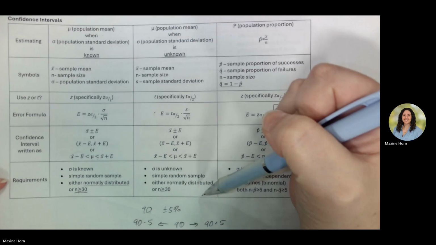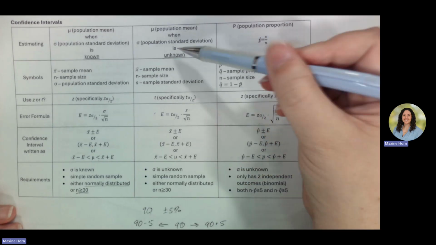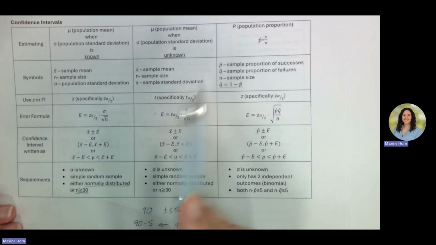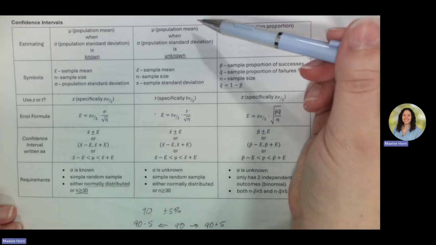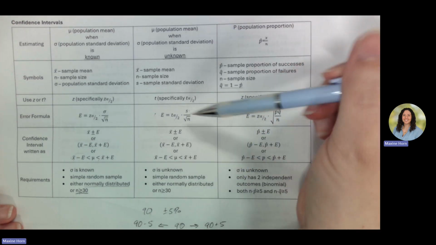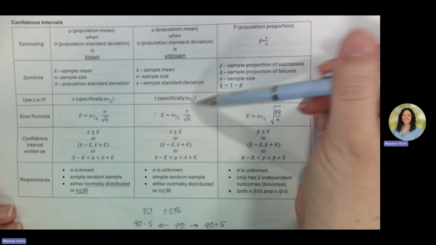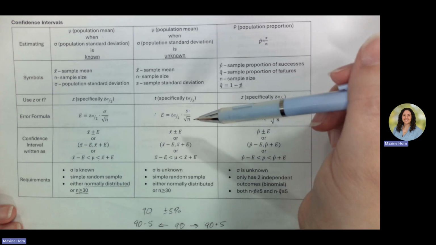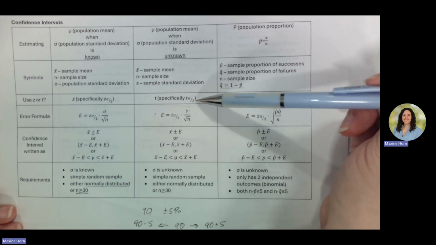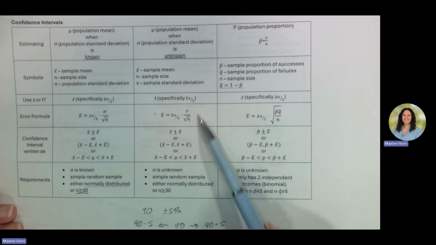Okay, so we're dealing with this scenario. This is the first one of these that we've done, because we don't know our population standard deviation. That means we're going to have to find a t alpha halves, a t-score. Just like before, we're going to do this fully by hand. I'm going to show you how to find your t alpha halves on the calculator. To be honest, I think sometimes it's easier to find it by hand, but I'll also show you how to find it on the calculator